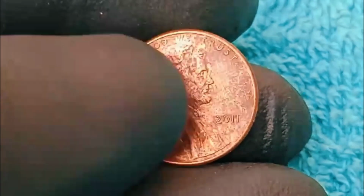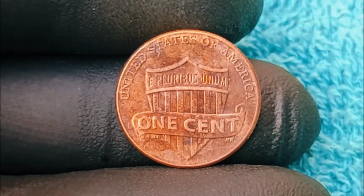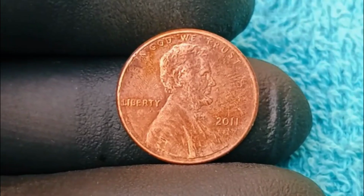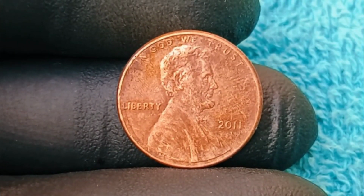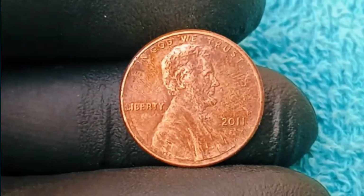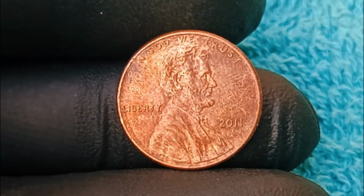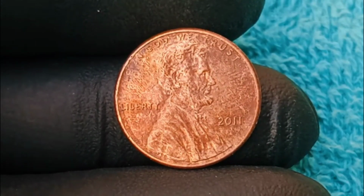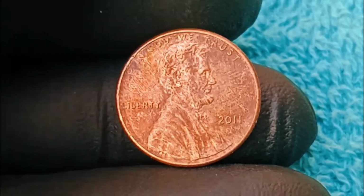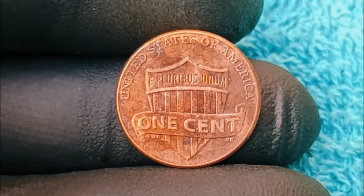But this 2011 cent goes even further because it also exhibits lamination peeling, a condition where part of the thin copper plating on the zinc core begins to separate and flake away, revealing the silvery zinc underneath, creating a two-tone appearance that's both visually stunning and scientifically fascinating because it tells us the plating process failed at some point during production. And lamination errors like this often occur due to impurities or contamination in the metal, but for one to